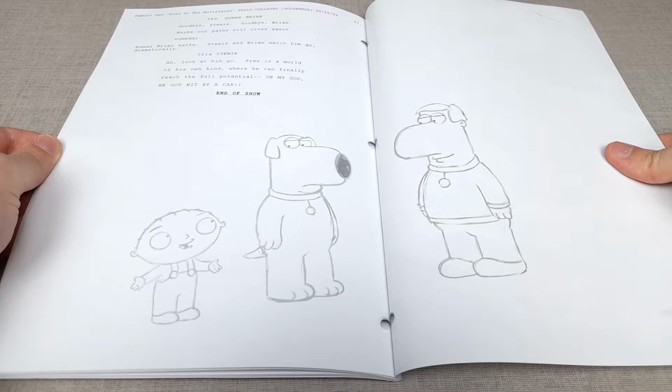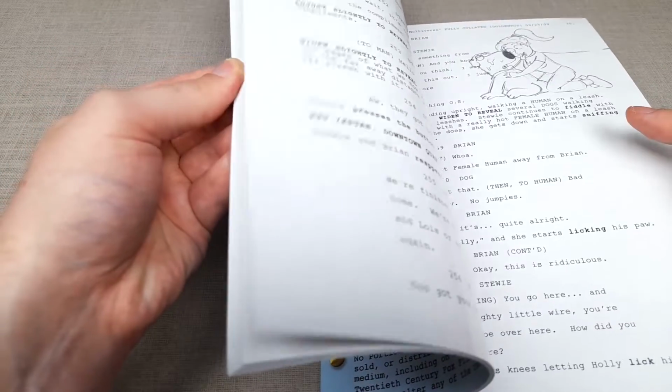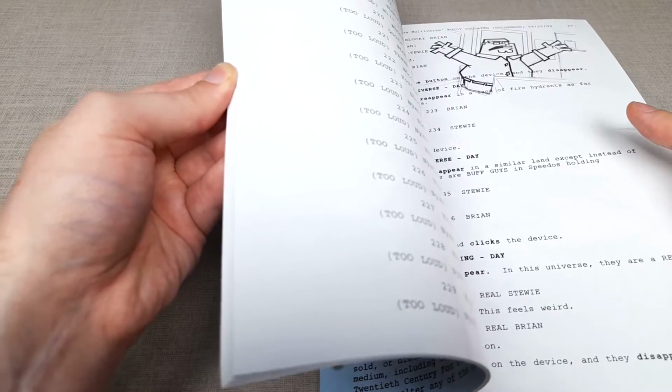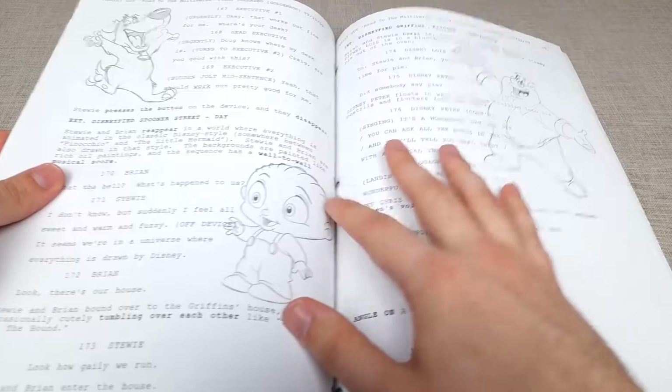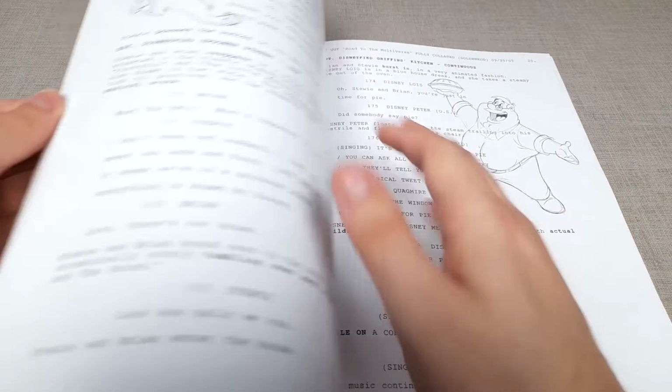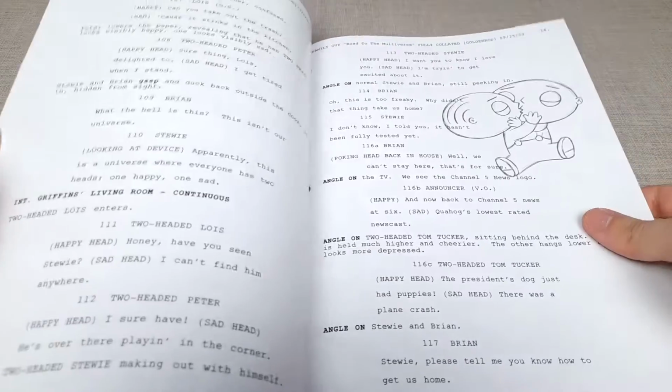It's great to see some of the concept art from the episode, and as you can imagine, the full episode itself is transcribed with all the actions and all the dialogue from the characters. There's the Disney-fied Family Guy characters. Absolutely incredible stuff. So this is definitely something I'm glad to have in my collection, and I'll be sure to